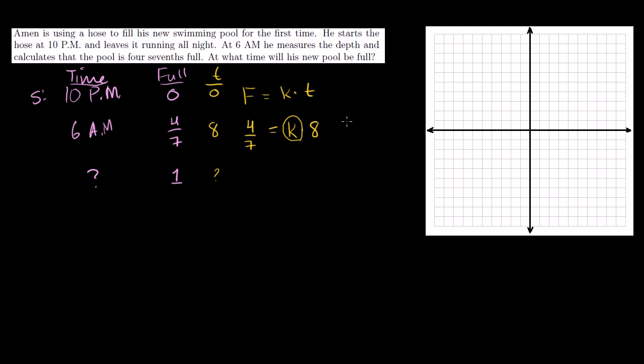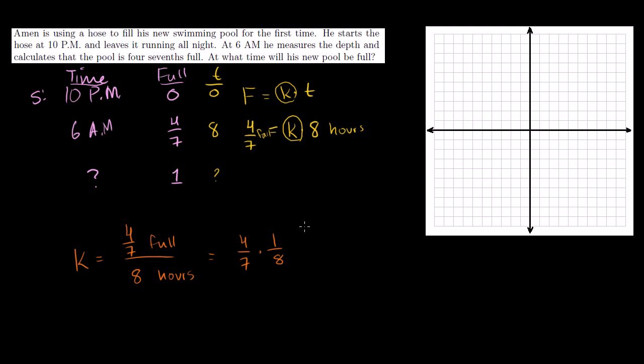Sounds very fancy, but all we're saying is, look, this pool filling business can be modeled by an equation like this. The amount that we're full is directly proportional to the amount of time that we let the hose run. And this is the proportionality constant. We don't know how quickly it fills, but now we can figure out how quickly it fills, because we know after 8 hours, it is 4/7 full. So to solve for k, you divide both sides by 8 hours. So we get k is equal to 4/7 full divided by 8 hours,